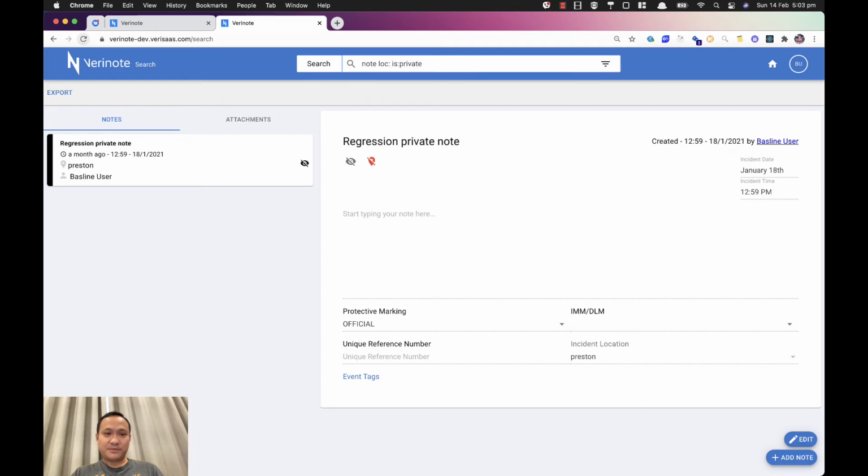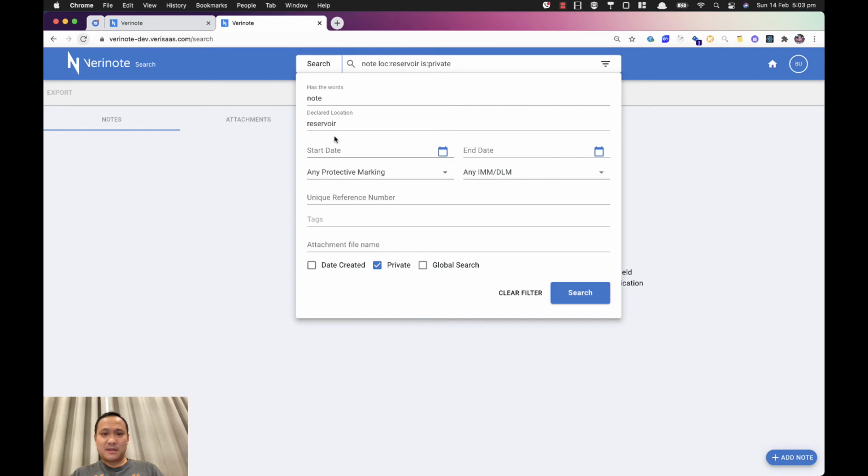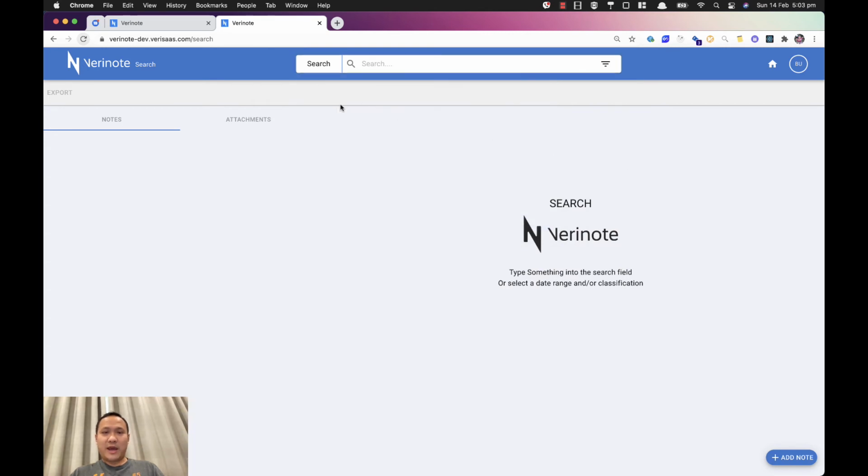For example, I can search for notes in reservoir. All right, so what happened is that it gets transferred into here. It's really cool. All right, I can do a clear search, and